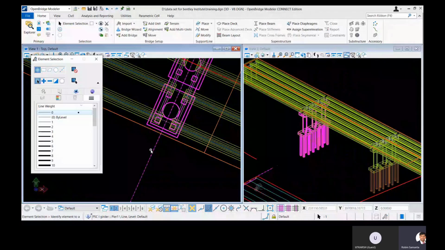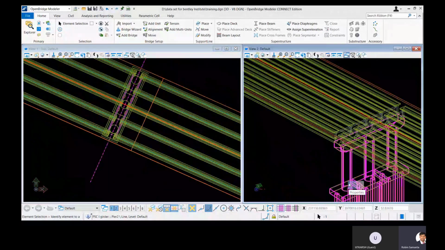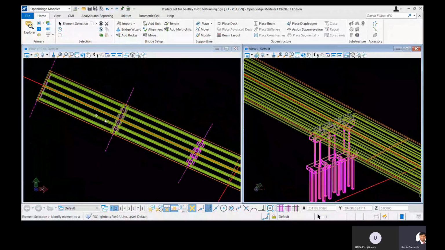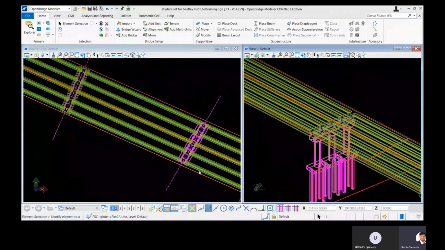And then let's do similar operations for all the piers. So we'll update all the piers. You can select through the plan or isometric view. Select that pier, go to right click and just stop for a second.